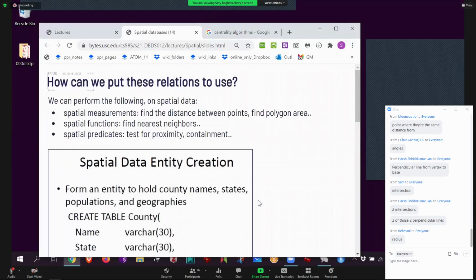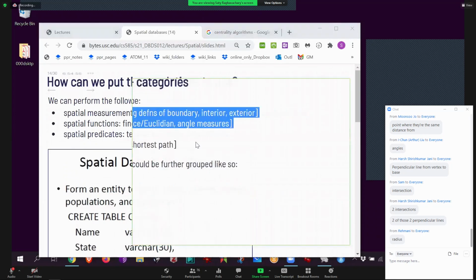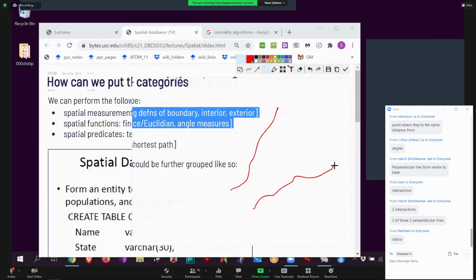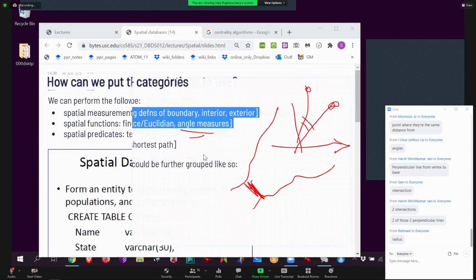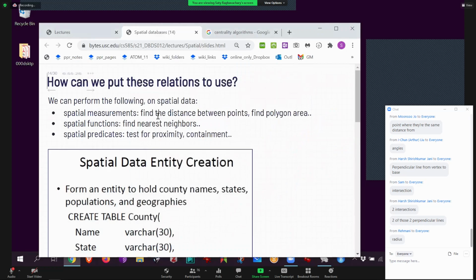And this one, if I have 2 roads, okay. If I have any 2 roads like that, the road goes this way, and then some other road goes that way. If I ask you what is the closest distance between them, in this case, this might be the closest distance. So then the calculations will magically happen. You will get the distance. Or along the x-axis, just looking at this being the east, I give you 1 point, and I give you some other point. What is the angle between them? What is literally the angle between them, that angle? Then that is basically also an angle measure. So these are all pretty much spatial calculations. So when you do functions, when you do measurements, then that is what I just now mentioned.